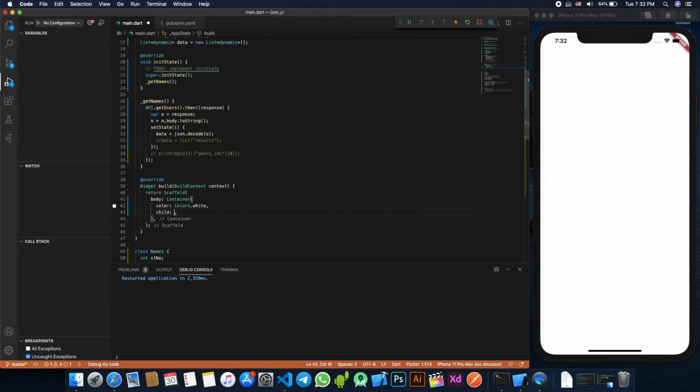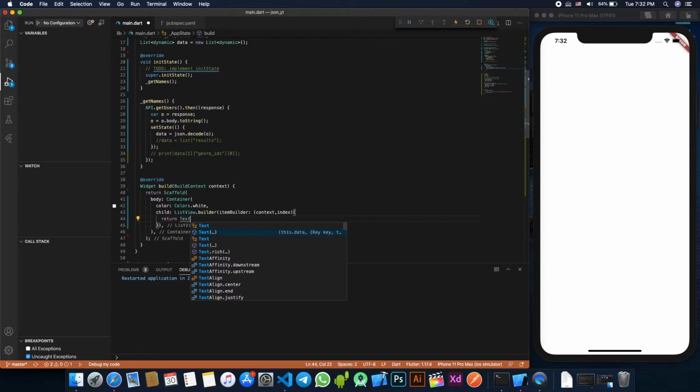Now in child I want a list view builder, item builder, which is a context, and index. It will return me a text with data.toString.